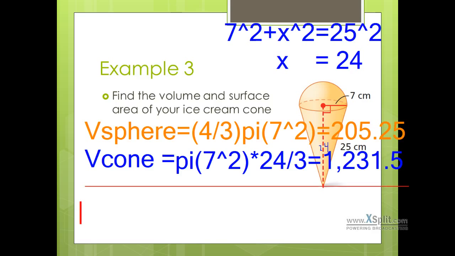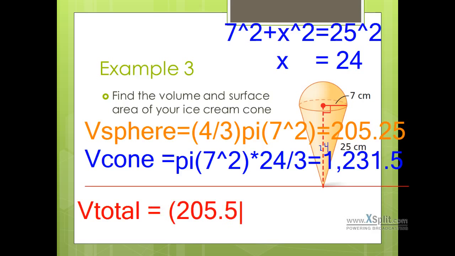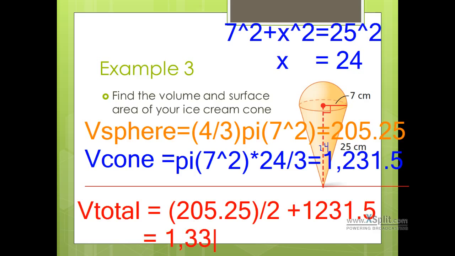If we want to find the total volume, notice that we only have half a sphere. We have a hemisphere. So we need to take our sphere volume and divide that by 2. And then we'll tack on the amount of ice cream in the cone. If we plug that all in together, adding on the sphere volume divided by 2 to everything else, we get a grand total of 1,334.13. What you